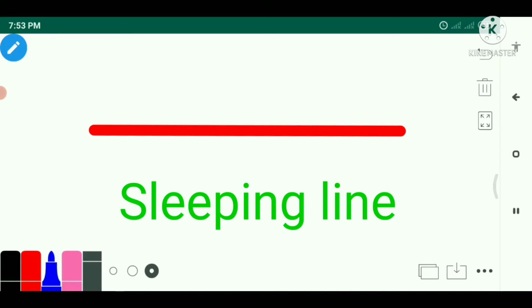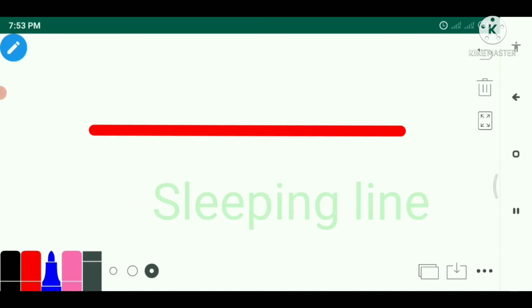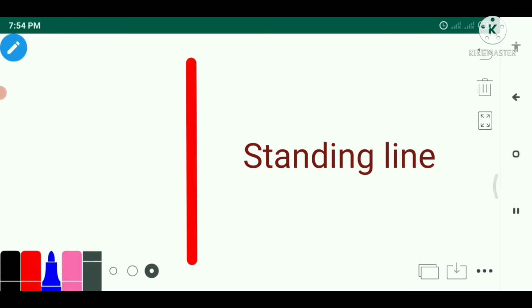So that type of line we'll call a sleeping line. Now the next one is what? Standing line. It is just like someone is standing, right? So if you see this type of line, we'll call it a standing line.